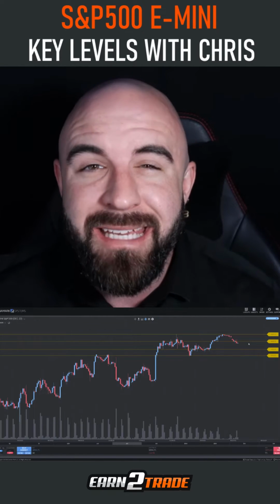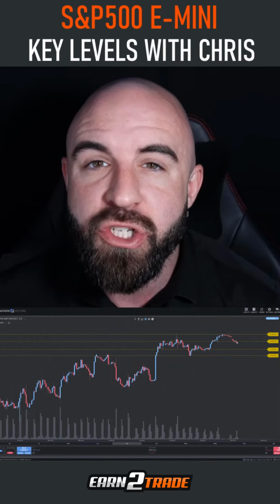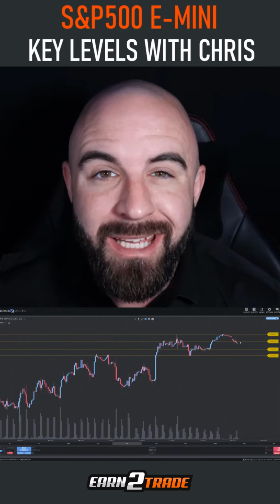Let's take a look at 4 key levels that I've got marked off myself on the ES I'll be paying special attention to. Starting off 2 levels down at 4005, we have an area of support that we just lost. There was a lot of action around this on the smaller time frames, but it's even very visible here on the 4-hour charts. If we do regain it and use it as support again, I'd like to see us go